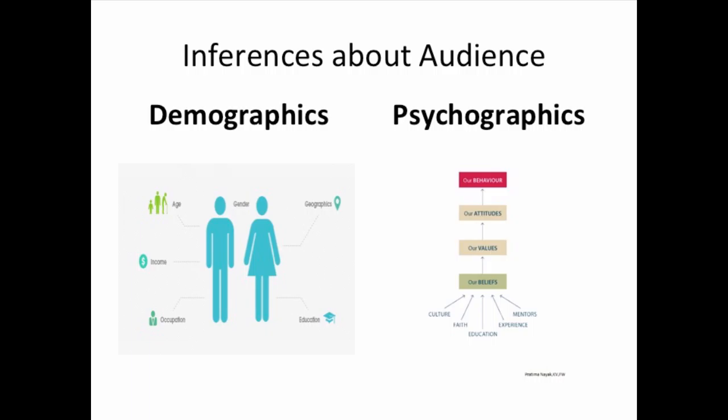Like, so what are the values of 18 to 22-year-olds? What are the values of upper income earners? That kind of thing. So whatever they come up with for the demographics for that class, then they go and research it. I've done it where they've done it as a group, like one group does the age, one group does the income, one group does the gender.